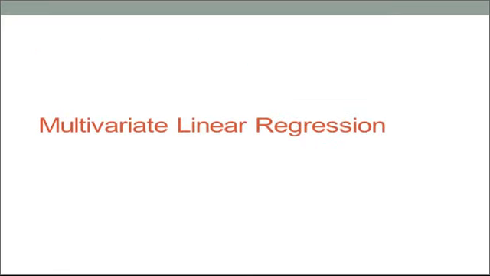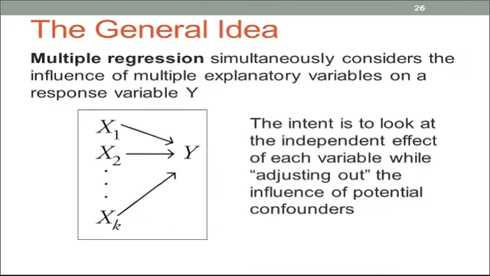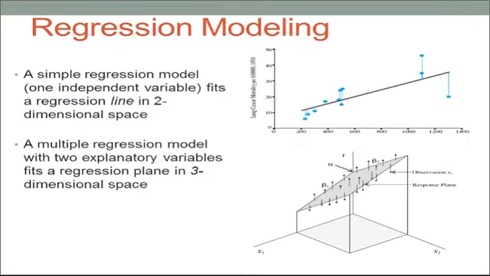Now for this least square error, we have one more variation, which is called multivariate linear regression. The general idea for simple regression, as we have seen, is that x decides the value of y. So we have the explanatory variable and the response variable, x and y, and the relationship between x and y along with the slope and the parameters. Now we can find out the relationship between x and y using multiple x values and a single y value. So we are considering multiple explanatory variables simultaneously for the single y response variable. We have already seen that the relationship between the two parameters x and y can be shown with the equation of a line, as in this particular figure.